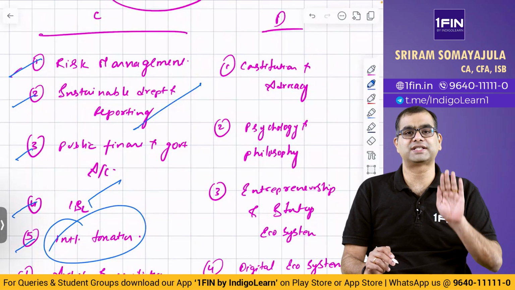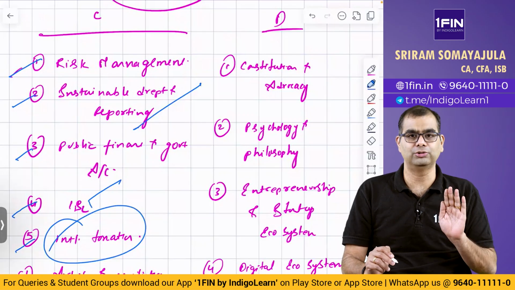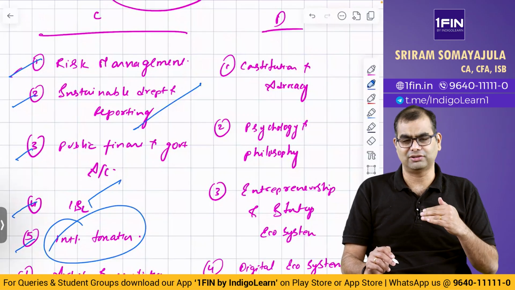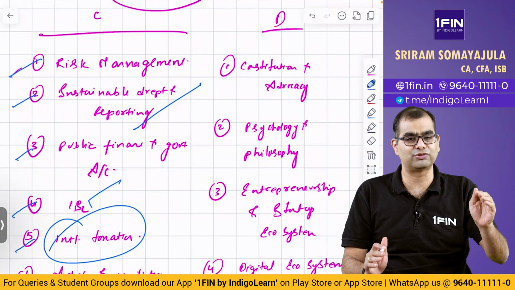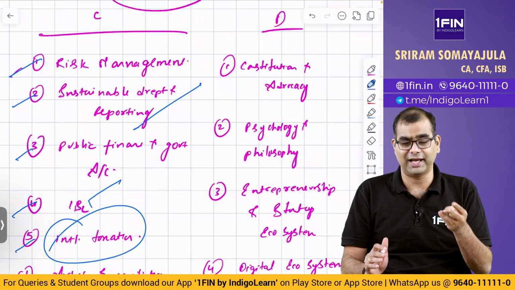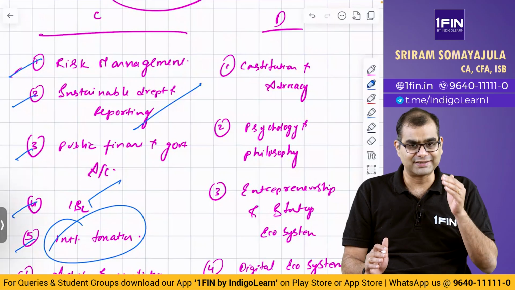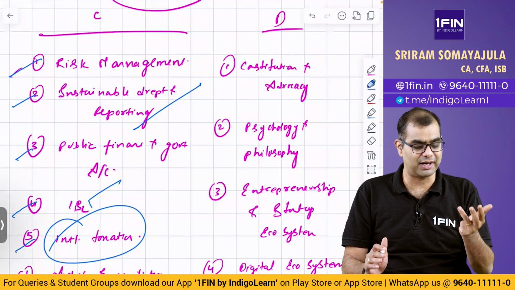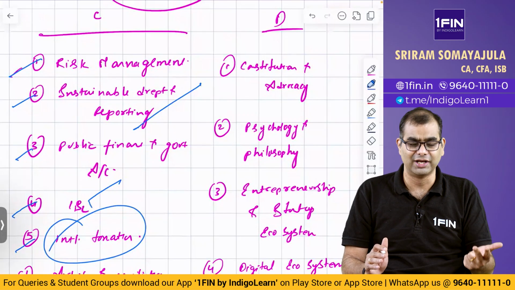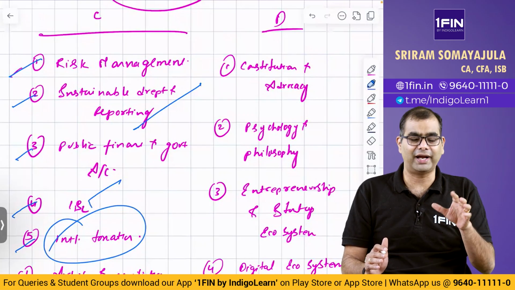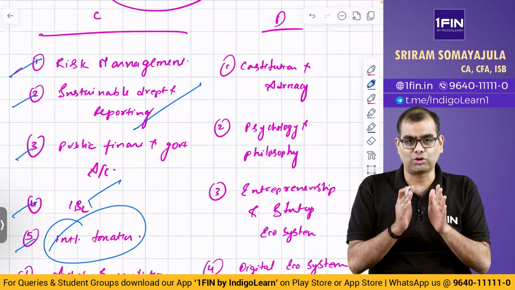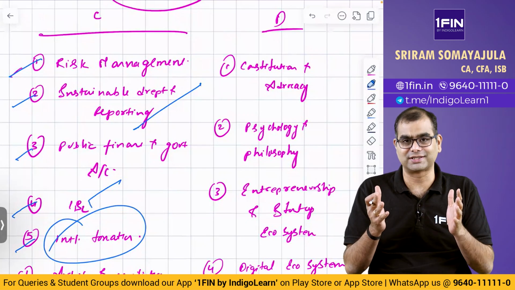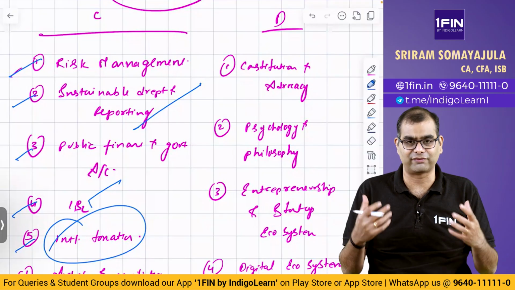If you do not have this clarity, if you are not sure what you want to do, then my suggestion, and I am pretty sure most of you will agree with me, you should treat this like some other paper that you have to just cross to write your final exam. Because as I have told in multiple of my other videos, this is just a hurdle that you have to cross. These marks don't appear in your final mark sheet. You can write this exam any number of times. It is online and it costs probably 500 rupees or something. And you need not prepare for more than a month. If that is the goal, which is what I presume a lot of students' aims are, because that is what I get feedback from,